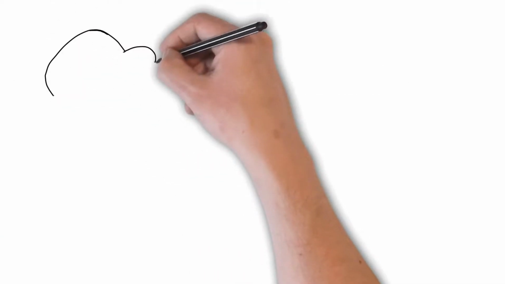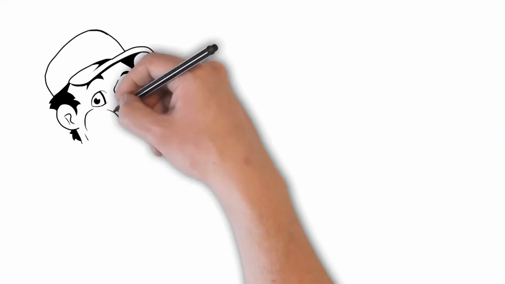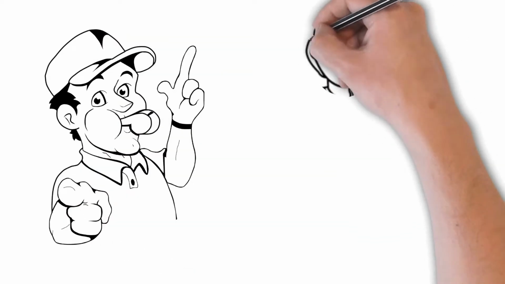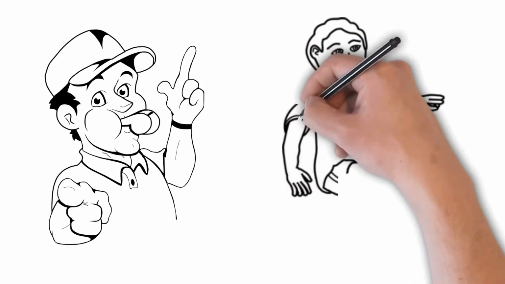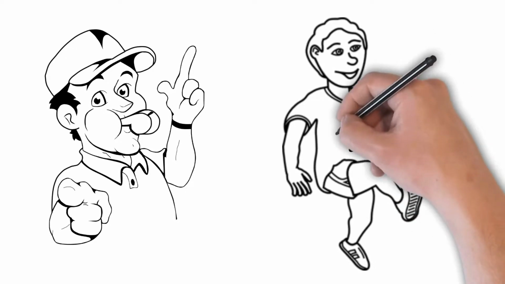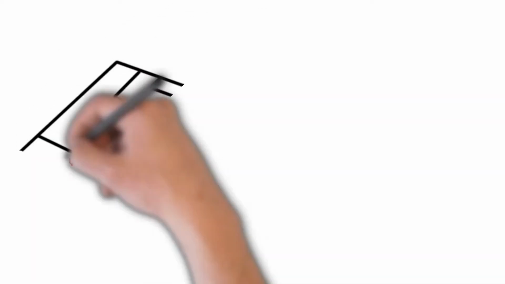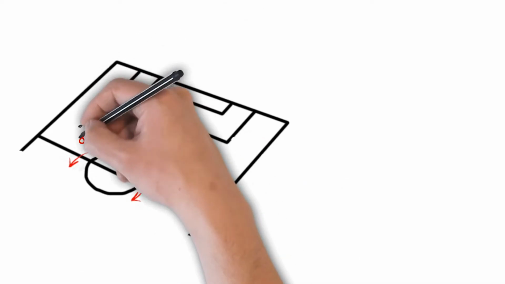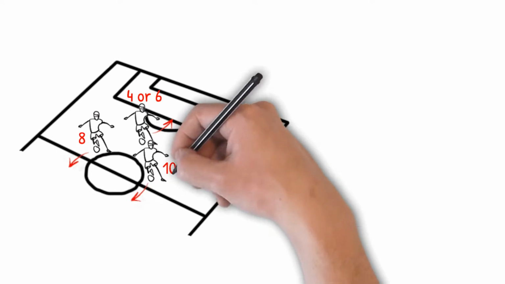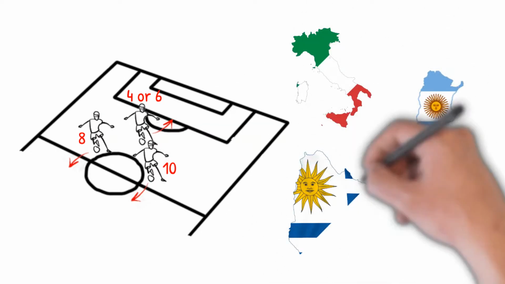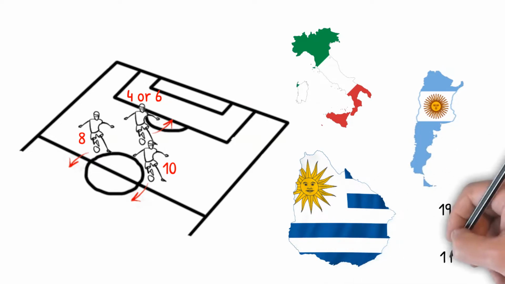When used from the start of a game, this formation is widely regarded as encouraging expansive play, and should not be confused with the practice of modifying a 4-4-2 by bringing on an extra forward to replace a midfield player when behind in the latter stages of a game. A staggered 4-3-3 involving a defensive midfielder, usually numbered 4 or 6, and 2 attacking midfielders, numbered 8 and 10, was commonplace in Italy, Argentina, and Uruguay during the 1960s and 1970s.